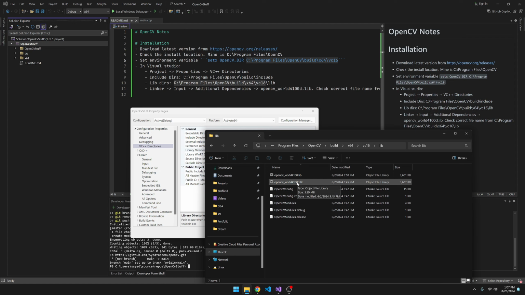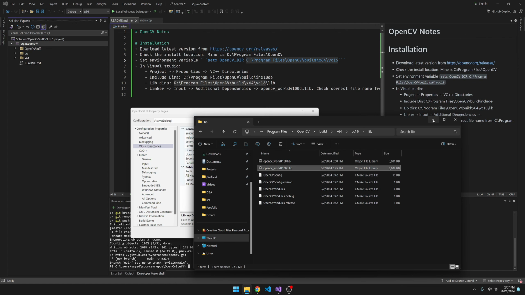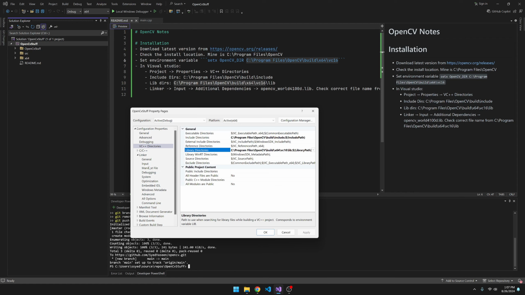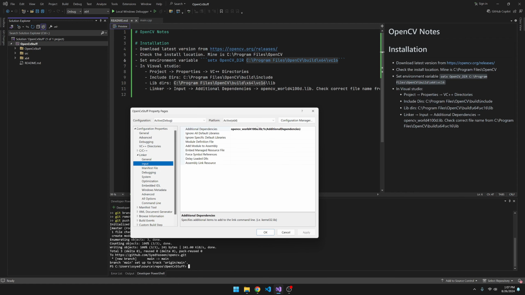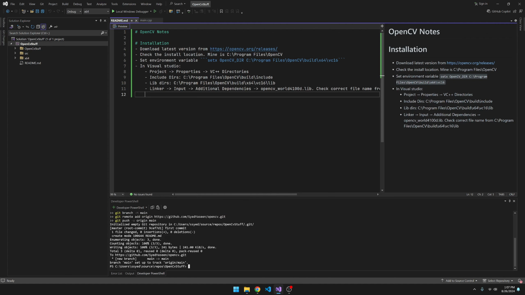We also do this additional step where we include this particular file to the linker explicitly. I'm not 100% sure why we do that, but without doing it, it didn't work for me. So if anyone knows why that is, please let me know in the comments. In the linker, I go into the input, and this is where we add this particular file. This D stands for debug, and without the D, I think it's the release. I'm just doing the debug version, so I'm using the one with the D character here. And once all this is done,